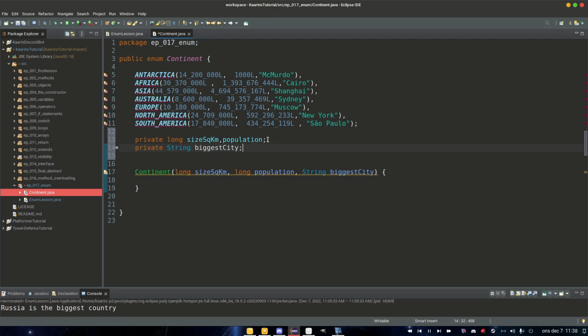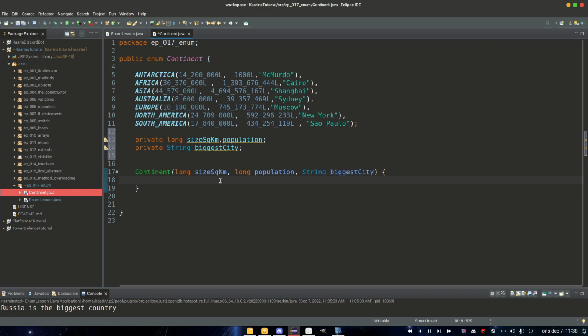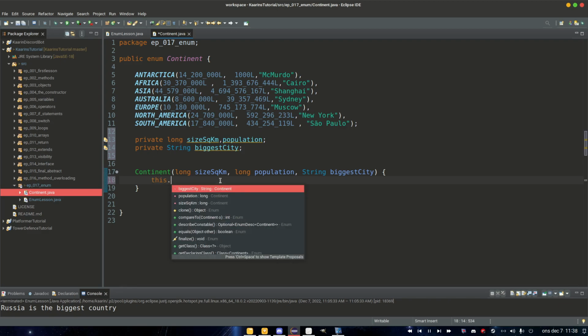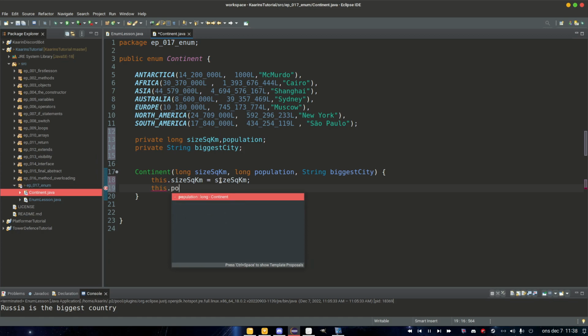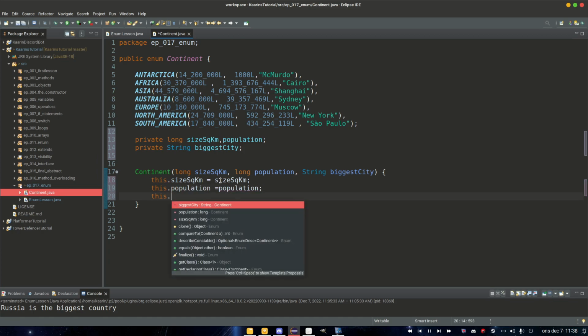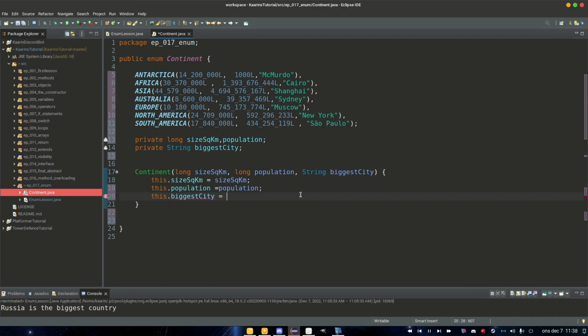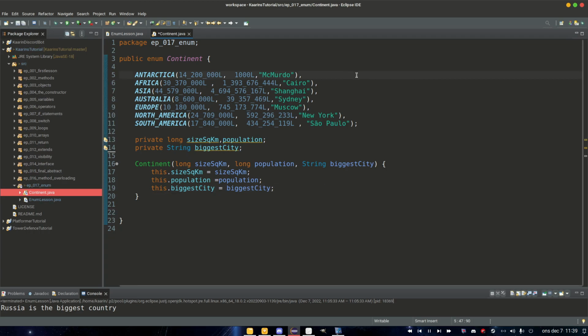biggest city. And this is the same as the normal constructor, so the size square kilometers equals size square kilometers. This dot population equals population. This dot biggest city, like so. And now we're storing all of this data for each member here, and I also added a L